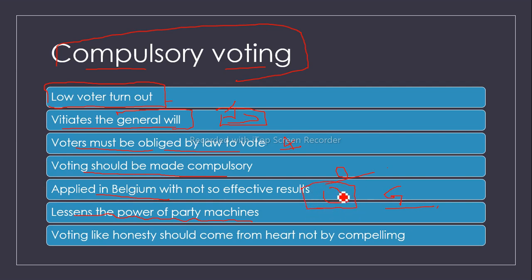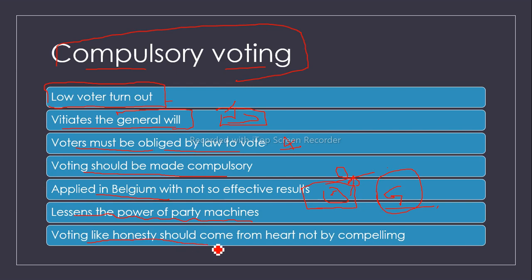Because the supporters of the opposition party did not even cast their votes. So this becomes government of a minority, and this is the power of the party machines. It lessens, because it's not in the hands of the party to compel the people to cast their votes if the people are not casting their votes. So but